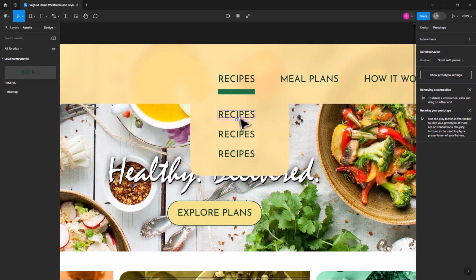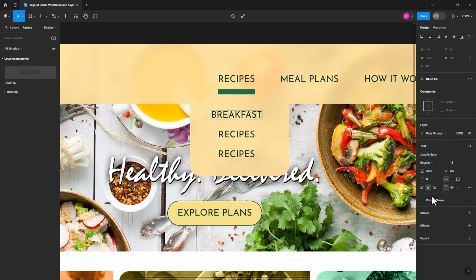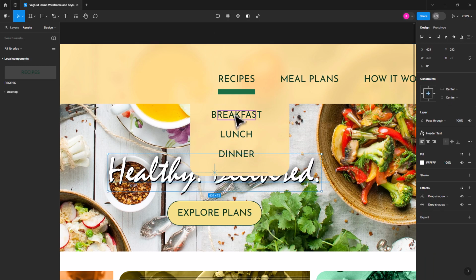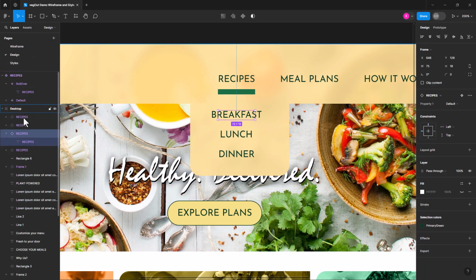And then what I want to do is do an override on what the text is. So this one is going to be called breakfast. And so I'll type in breakfast, and in the design here, I have this aligning to the center so that this will align as I want. This one is going to be called lunch, and that last one on the override is going to be called dinner. And so we've got 3 different versions here of those instances,